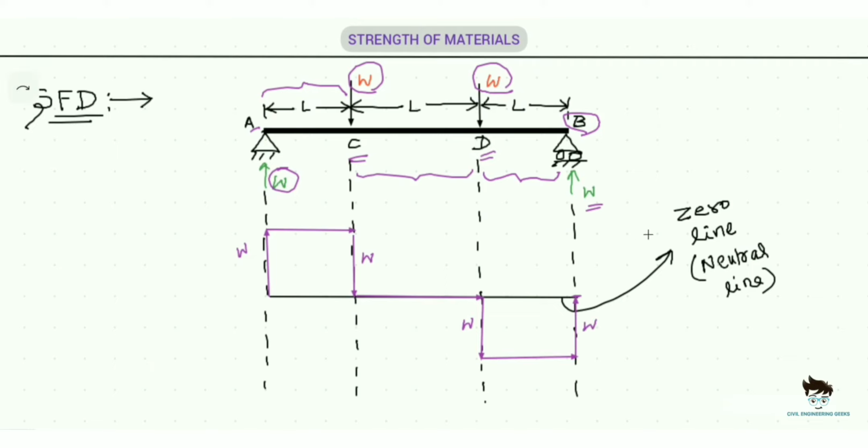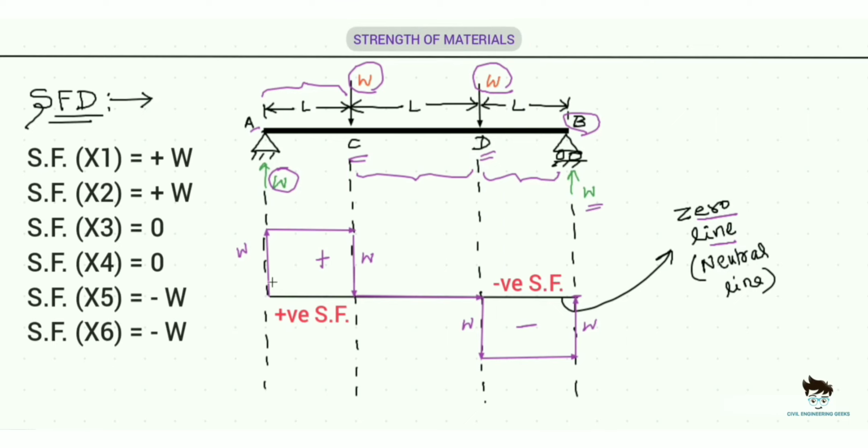That's it. From here, we can know that both our reactions are correct. If it is not correct, then the shear force line will not meet the zero line at the start and the end of the beam. Now let's consider the shear force above the zero line as positive and below the zero line as negative. Now you can also check the values of the shear forces that we had found before, matching with our shear force diagram at the different sections.